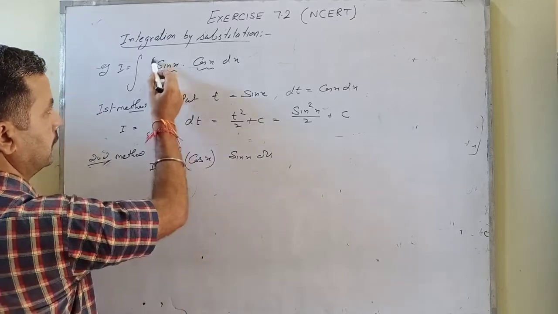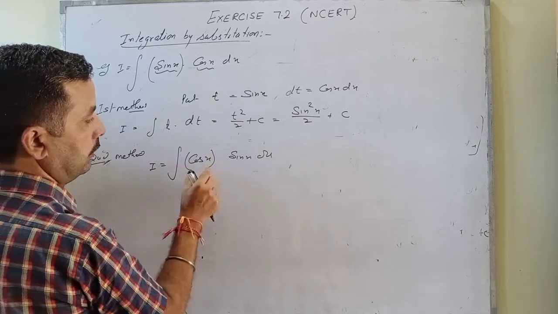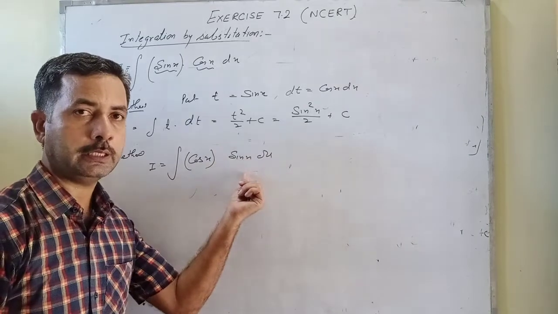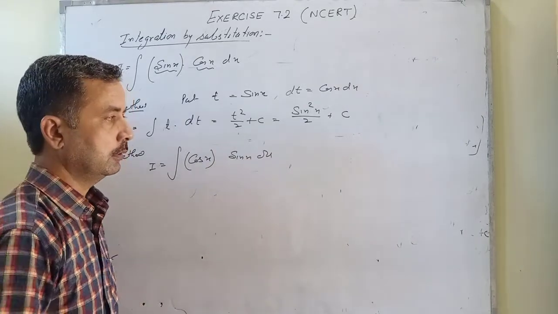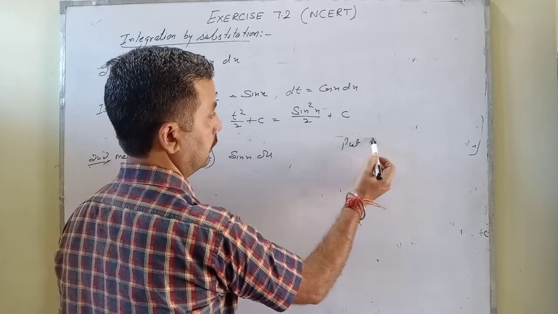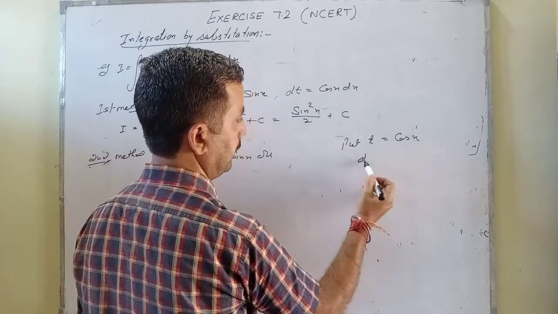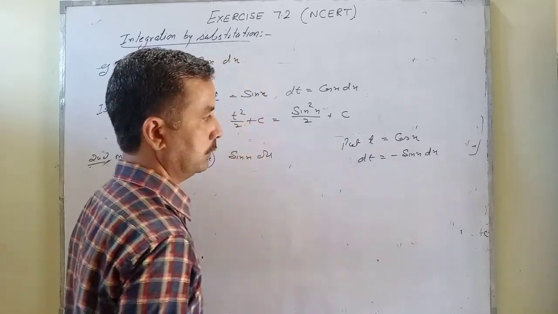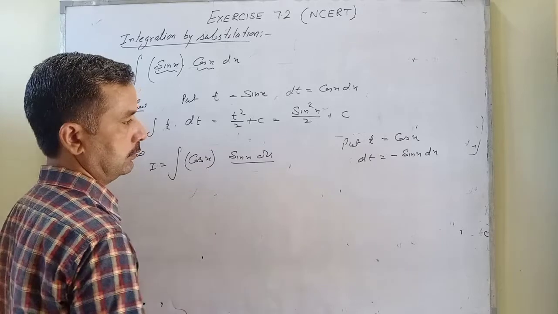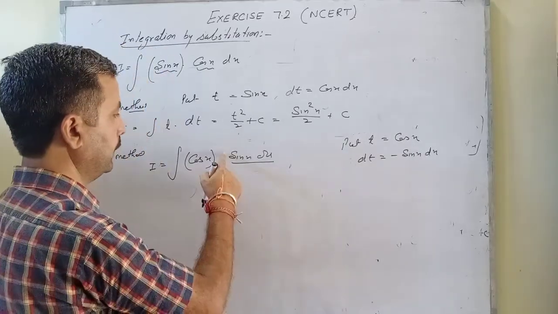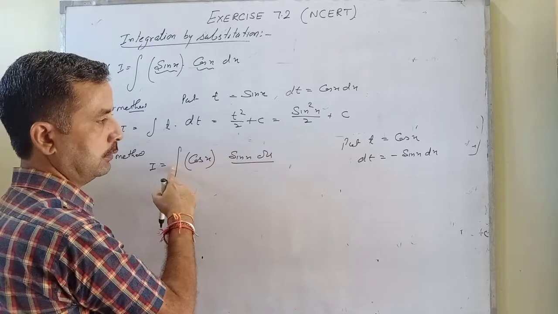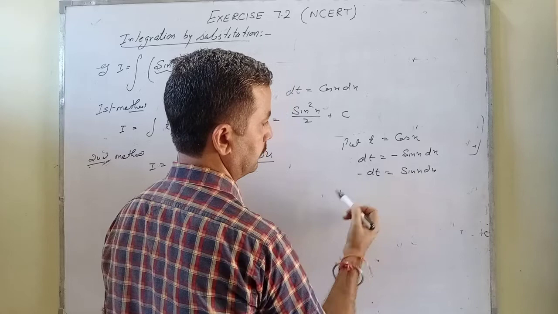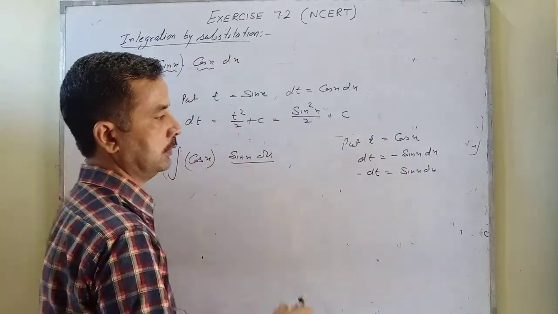We can also write it this way, this was sin x into cos x. Now we have to write cos x into sin x, and we also observe the derivative of cos x is minus sin x, and we can adjust the negative sign. So now we can put here t is equal to cos x. So what is the derivative of cos x? That is minus sin x into dx, but here it is sin x into dx. So now we have 2 choices: either you multiply or divide with -1, or if you don't want to do that, then sin x into dx is equal to minus dt. We just replace sin x into dx with minus dt.